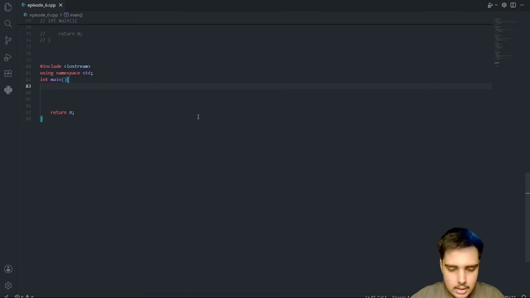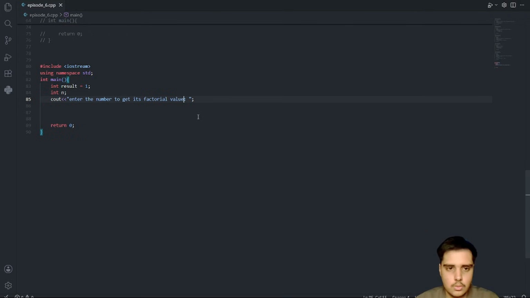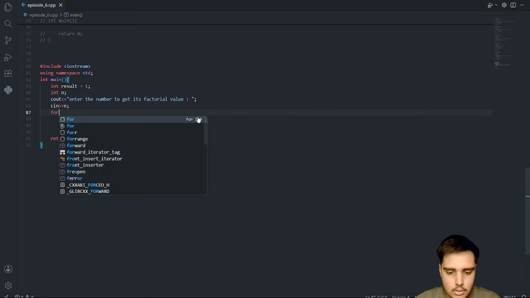So let me say int result equal to 1. I will take int n also. I will ask the user to enter the number to get its factorial value, cin, and now the loop